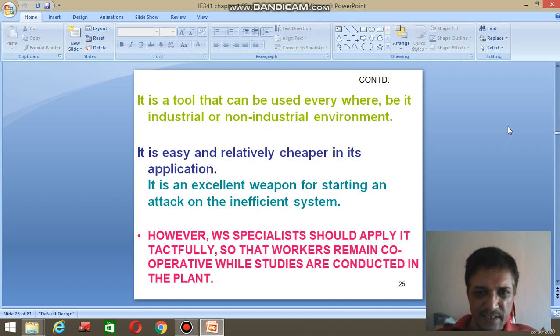It is easier and relatively cheaper in its application. It is an excellent weapon for starting an attack on an inefficient system. So we can use it as a weapon for improving things in an industry. However, a specialist should apply it tactfully so that the workers remain cooperative while studies are conducted in the plant, because the main hurdles normally arise from the workers. So we should take them into confidence, and only then can we perform this